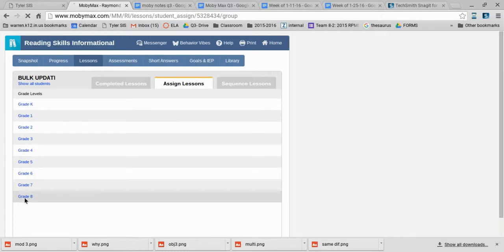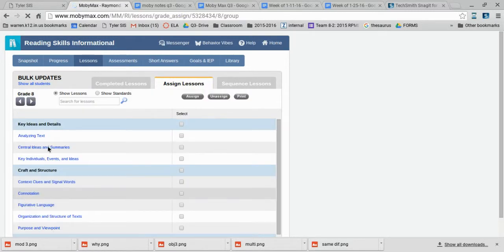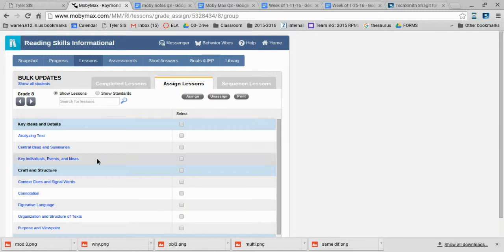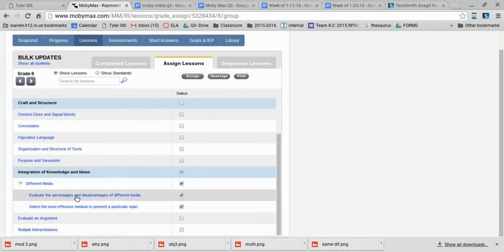So I look through the different lessons that they have. You can either show it by lesson or by standard. I know by looking at certain things, we were talking this 9 weeks about different media. So I usually click that, but then I click on this to make sure that each of these things are actually included in my state standards. And in this case, they were. So I hit assign,